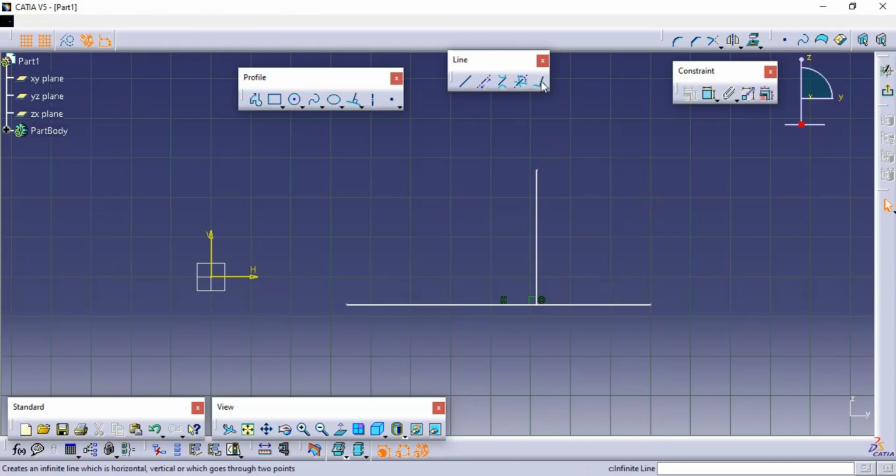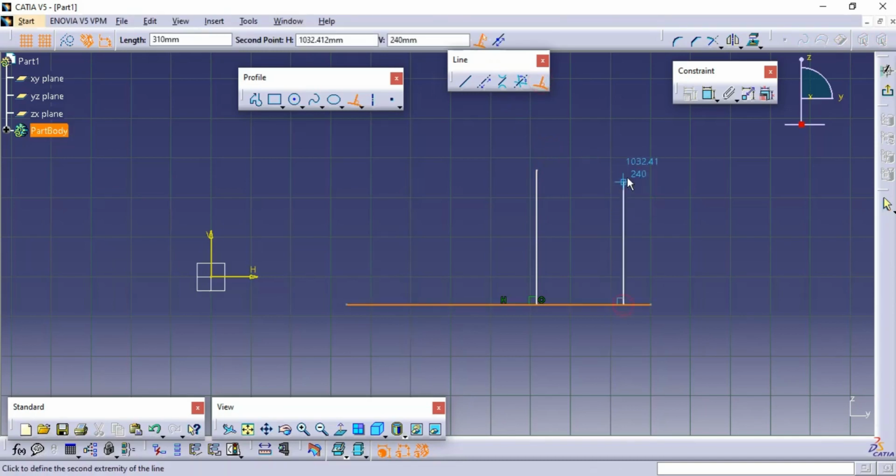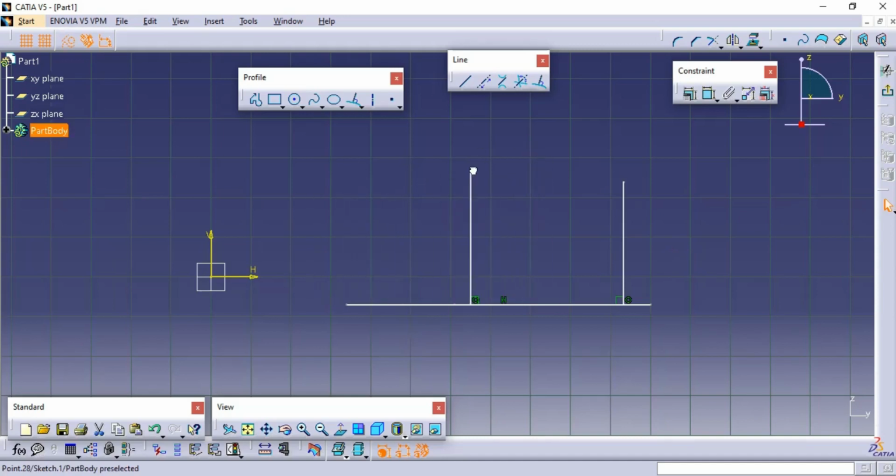So continuously you can draw a perpendicular line. This line will take a perpendicular property, so it will never lose its perpendicularity or normality property of this line. Okay, so that is the function of this normal line.